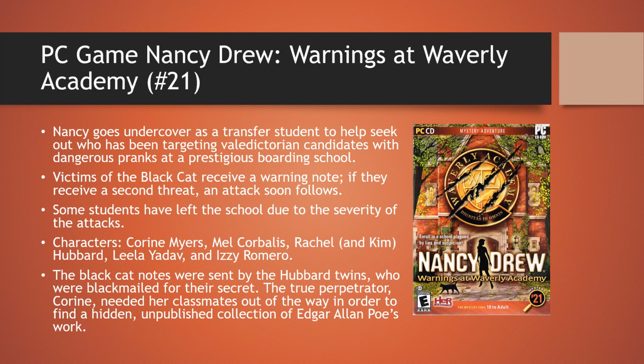And the pranks or accidents are so severe that some of the students have actually left the school. They've been pulled out, and in one case, the parents are threatening to sue the school. So the characters we have here are all students. We have Corinne Myers, Mel Corbelis, Rachel and Kim, who we learn about a little bit later, Hubbard, Leila Yadav,